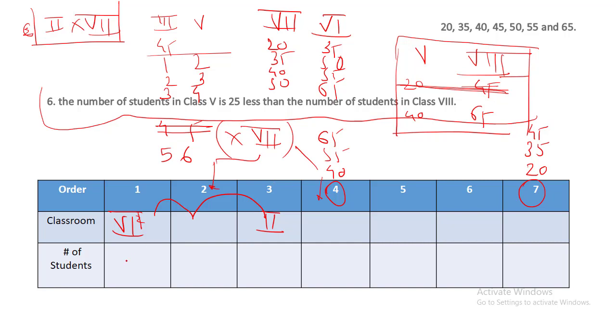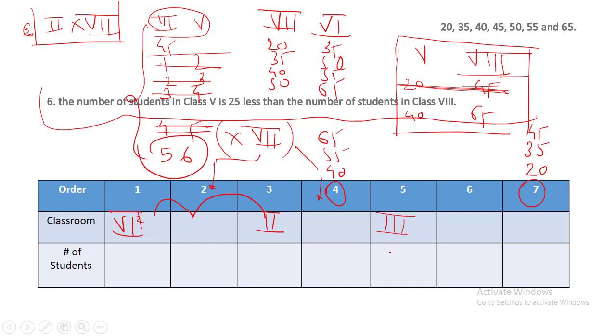Now, again we have found out class 6 is first, class 2 is third, so the classrooms of class 3 and class 5 cannot come at 1 and 3. So we are ruling out this particular possibility, this particular possibility and this particular possibility. So we actually found out the positions of these two classrooms, class 3 and class 5. Congrats guys again. Now, so again connect the information.